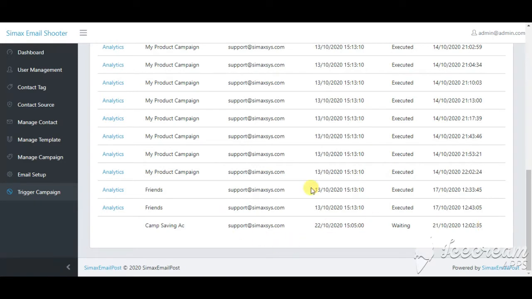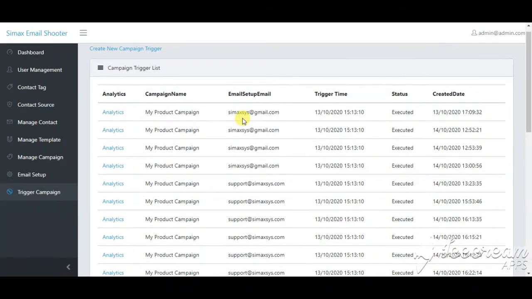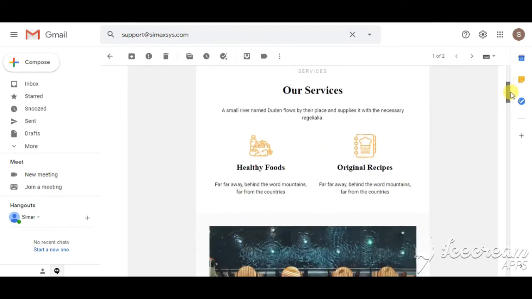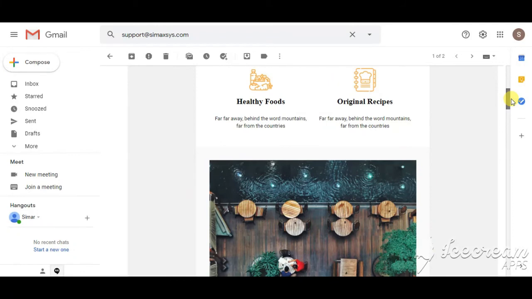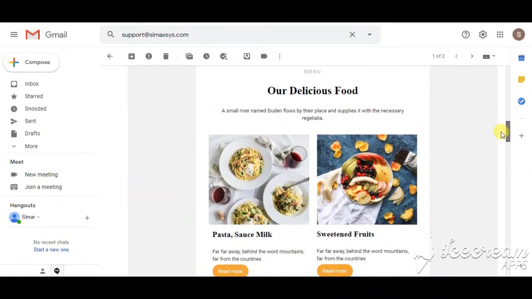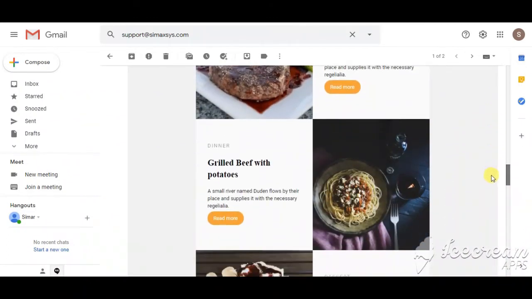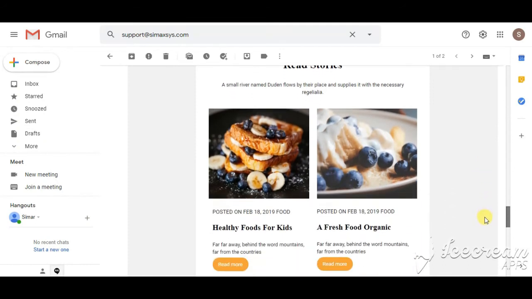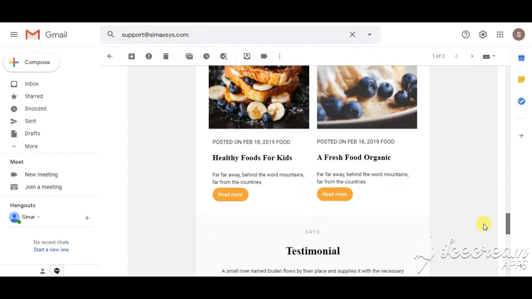Once your template is triggered, you can see the full analytics. This is a sample of one sent email. You can see the template sent, the same template that I showed you, with the images. It is a very clean template.